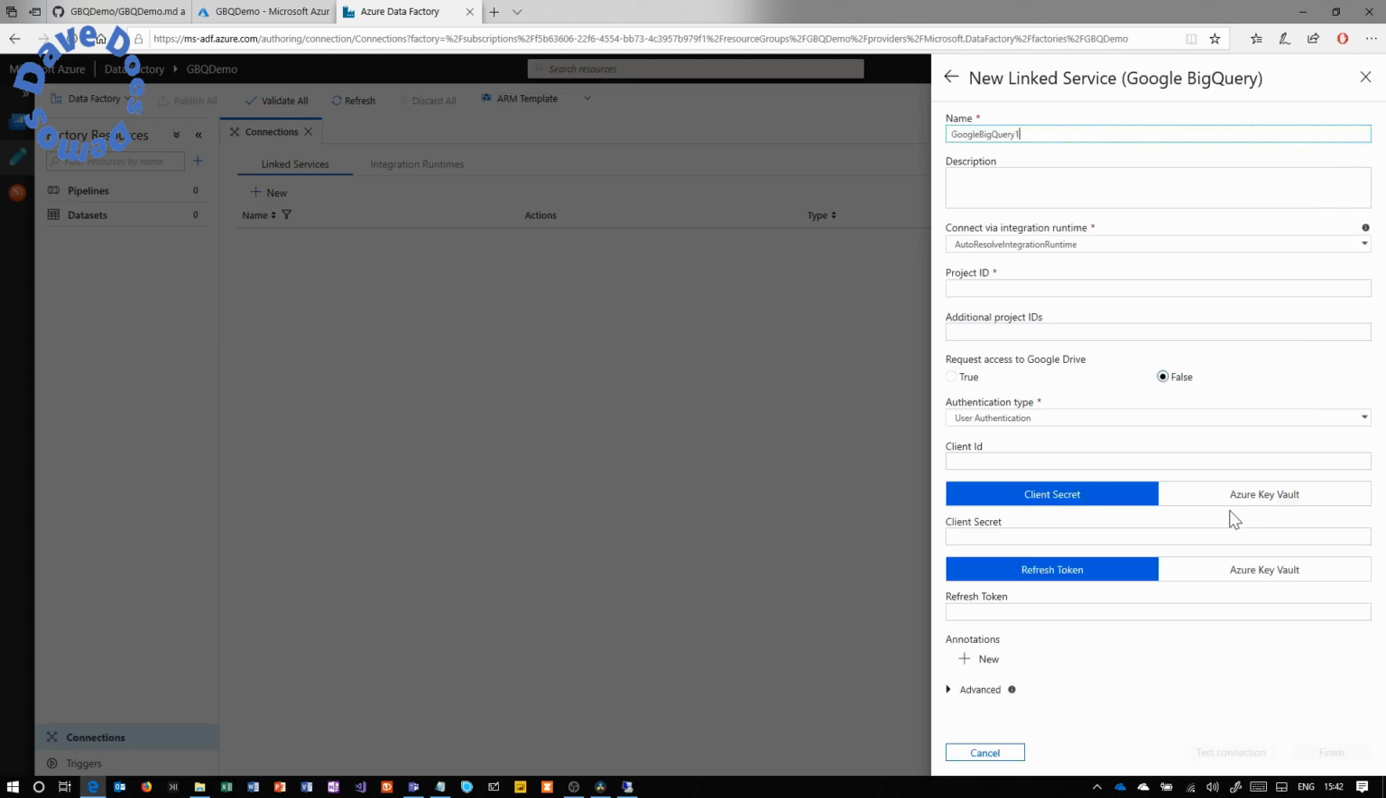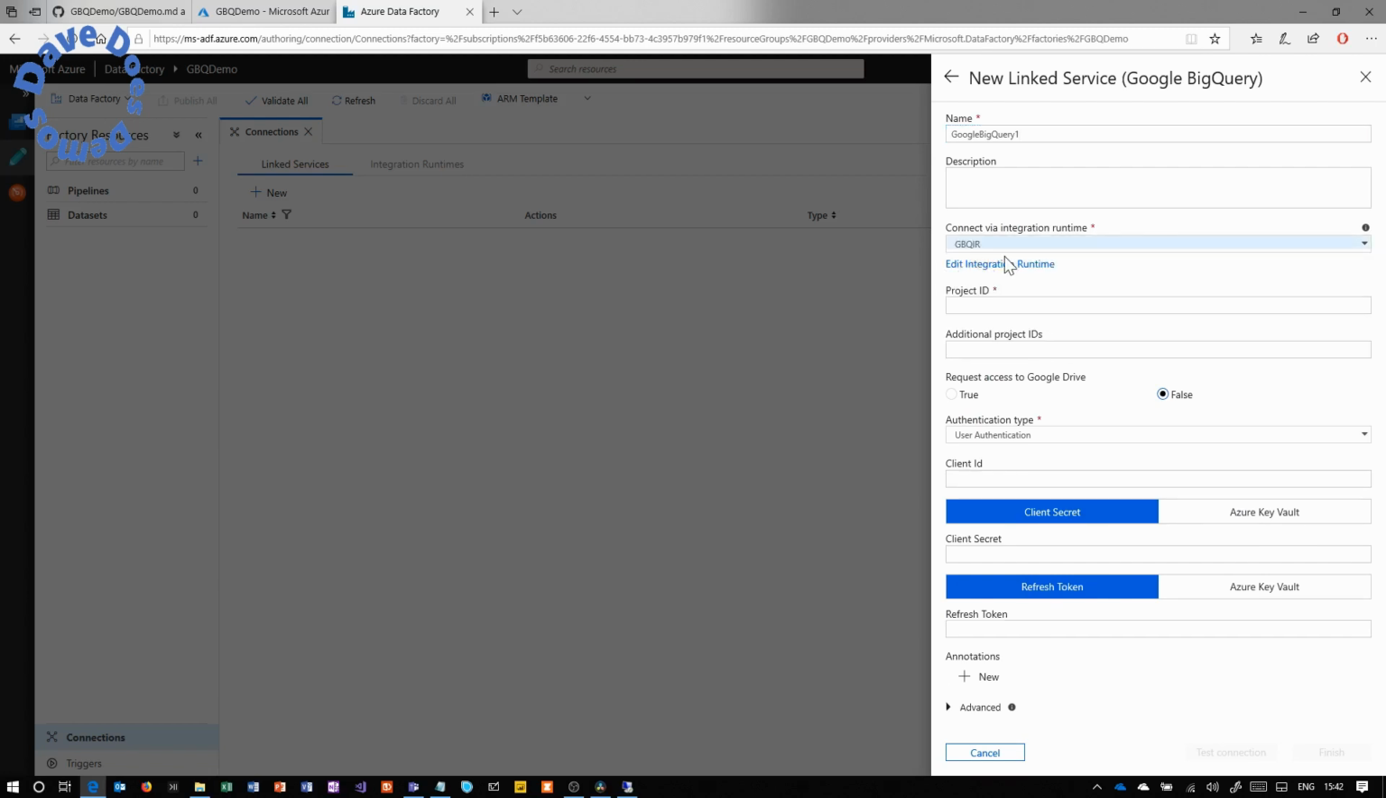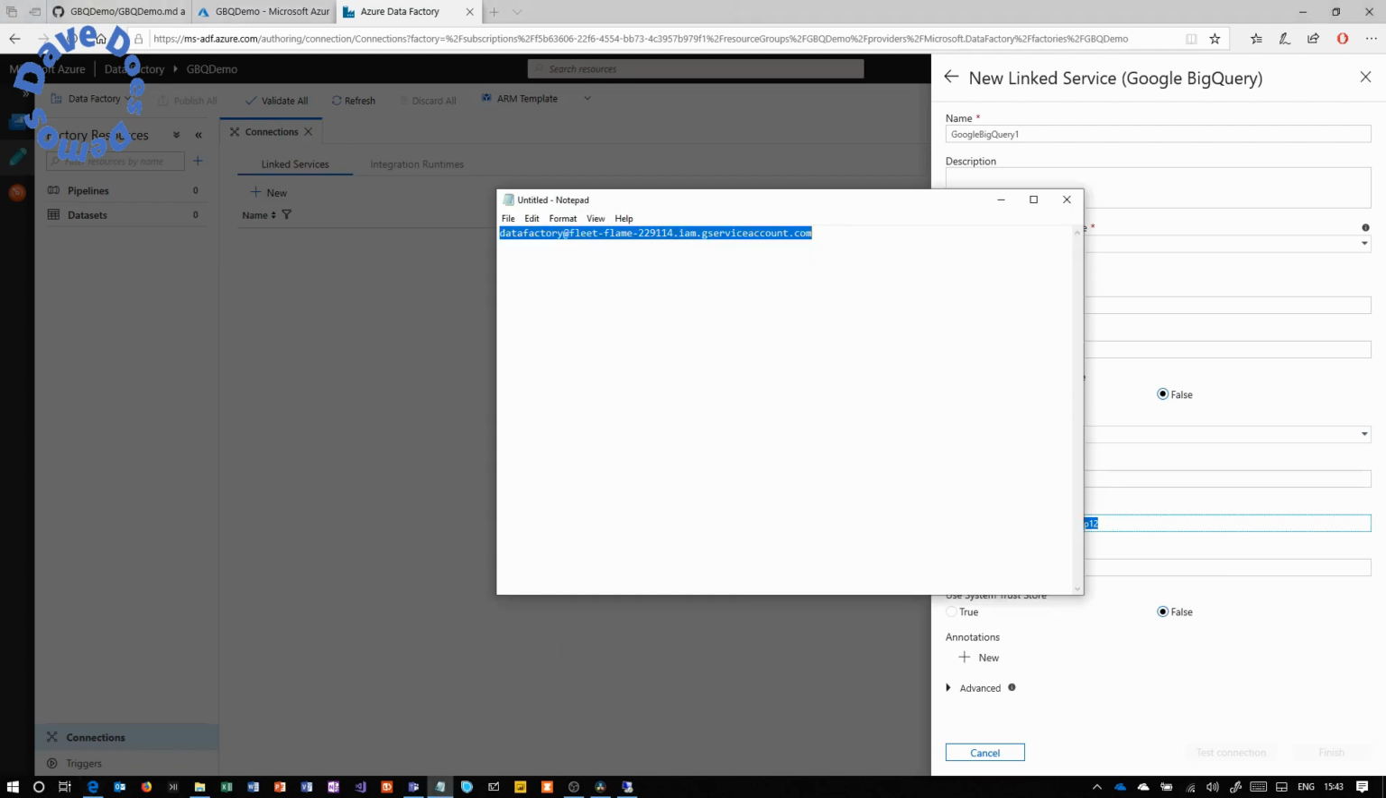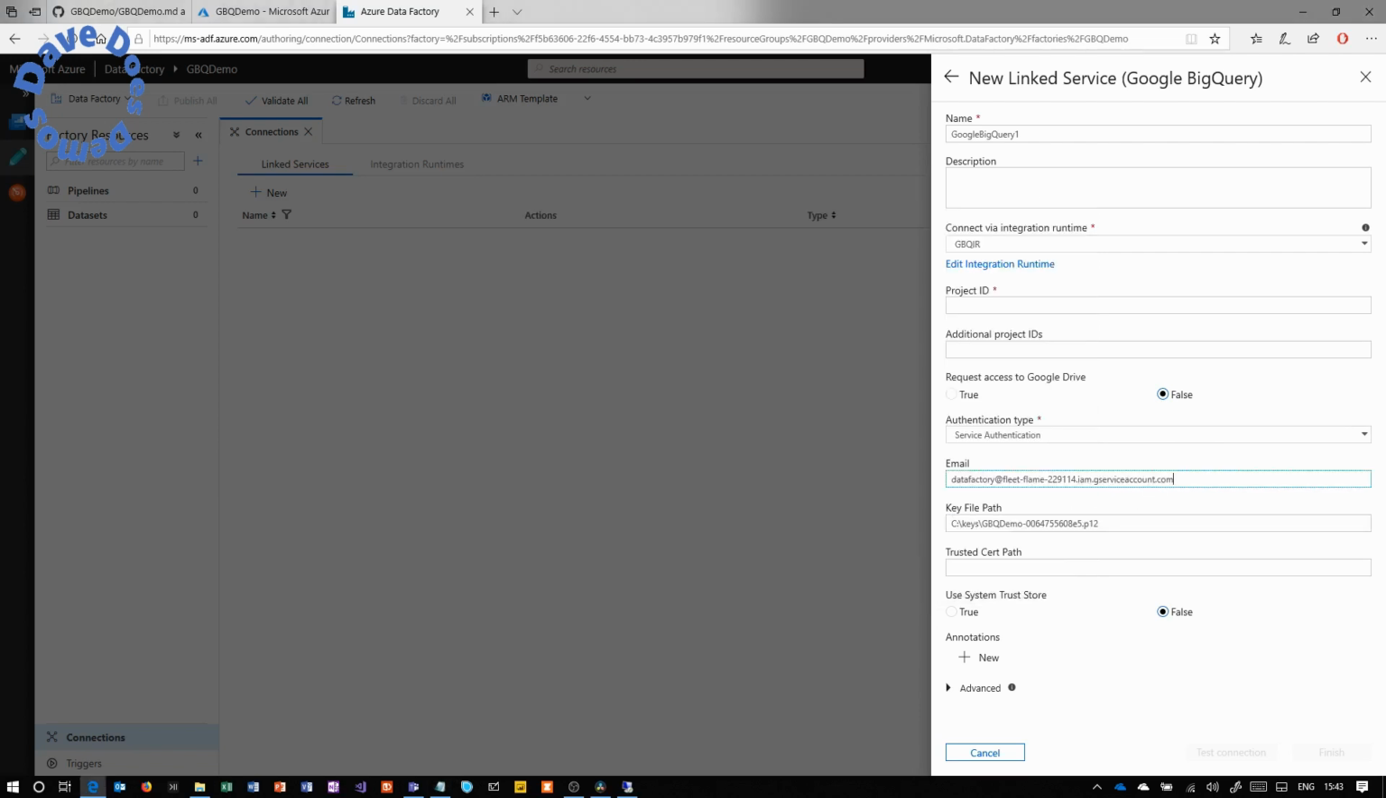So continue there. I'm going to leave the name as the default here, and we're going to change the integration runtime to our Google BigQuery one. And I'm going to change the user authentication type to service authentication and paste my key path in here that we've just copied from the virtual machine. So I've also got my email address from that service account that we copied out earlier. I'm going to paste that in here, and then I'm going to copy the project ID directly from there to paste up here. And that's all we need to configure, so we'll hit test connection,